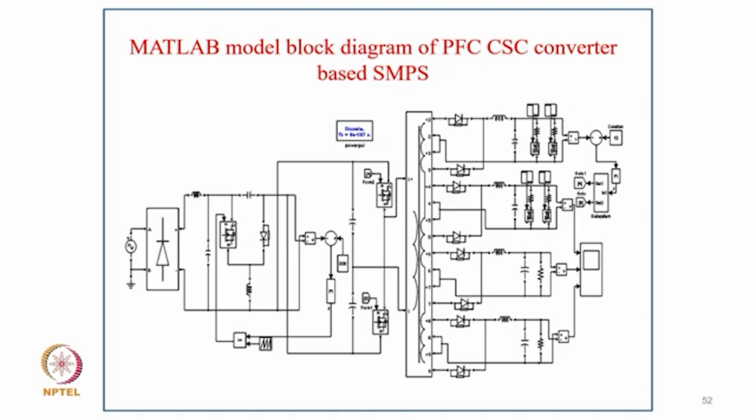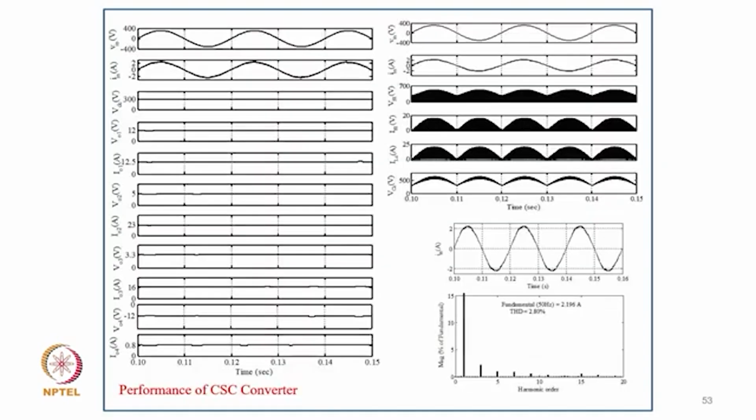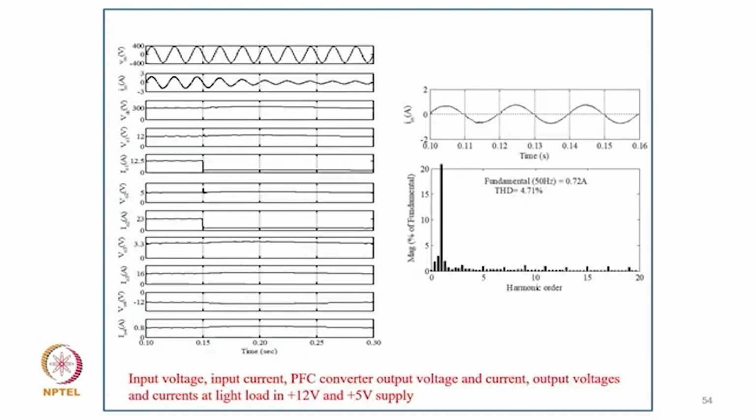And this is the MATLAB model developed for this power factor correction switching converter based switch mode power supply, and these are the typical results. If you look into the input supply, the DC link voltage of 300 volts, and the four outputs with four output loads, current and output voltage, you can see well regulated DC voltage. Then you can see the typical switch voltage, switch current, and the inductor current, which is in DCM, but the capacitor voltage is in continuous conduction mode, which gives an inherent concept of design. And you can see the total harmonic distortion of the supply current is only 2.8%.